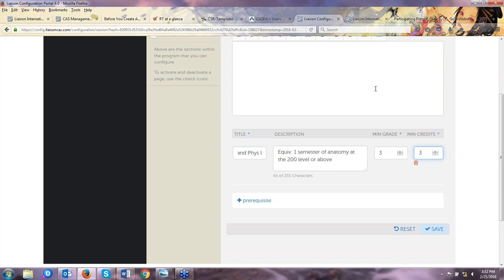Applicants can select more than one course for one prerequisite requirement. So if they have anatomy and physiology as a requirement, you can make that lab a separate requirement. You can combine it into one requirement, and if their lab is separate on their transcript or on their coursework section, they could add both of those courses into that one prerequisite,